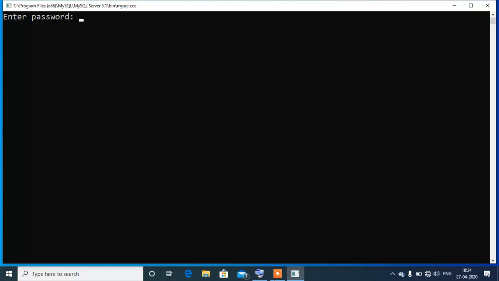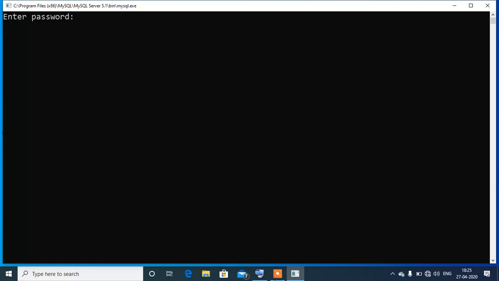That means if we want to add a new column in the table, we use alter. If we want to change the name of the column, we use alter. If we want to delete a pre-existing column, we use alter. And if we want to modify the data type of the column, again we use alter. At the same time, for changing the size of the column, the alter command is used.